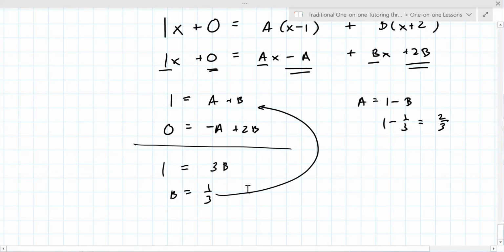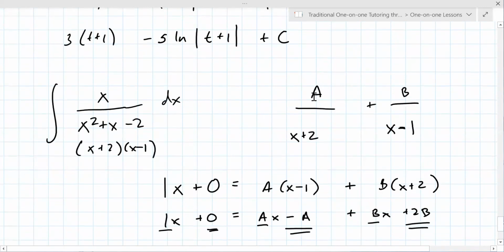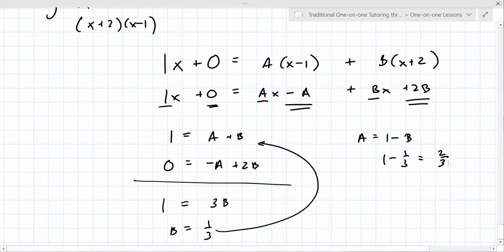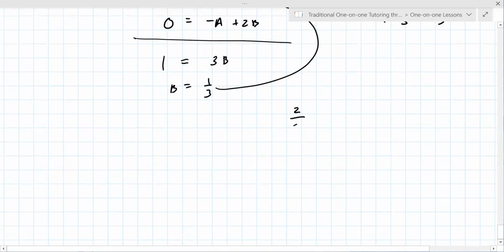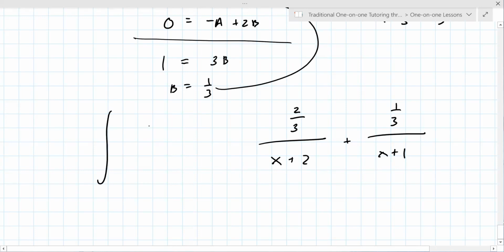Now you've got to be careful here that, like, I called A 2/3. A was this one in front. So you've got to go back and match them. So it was 2/3 over x plus 2 plus 1/3 over x plus 1, and that was the integral of x